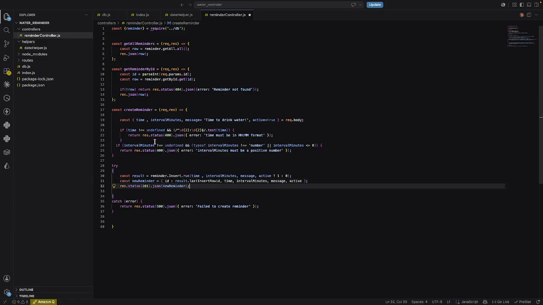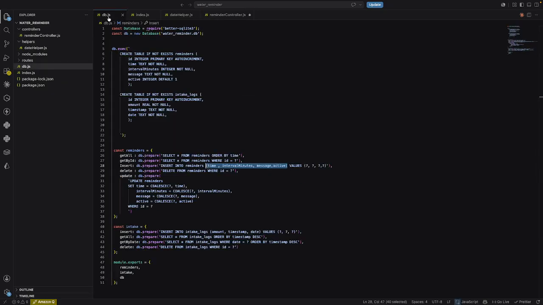So this will wrap the create reminder, which is our post request in this situation. And after that, now we can start with another function, which will be the update function. Now, this also will be similar to the post request, which is the create reminder, sorry. We will also have a similar body because we want to know what are the values that we are going to add or modify. And also we need to check if the ID exists,